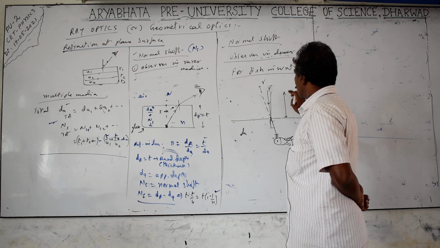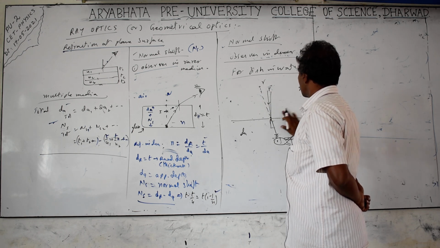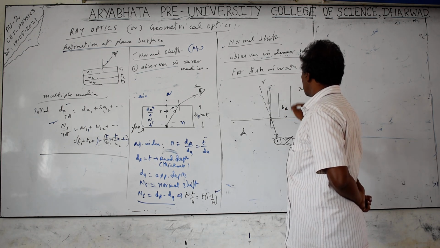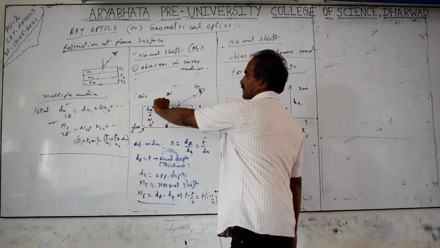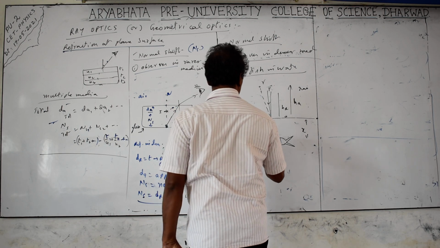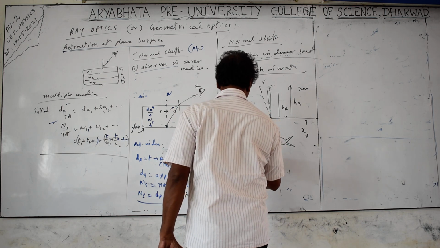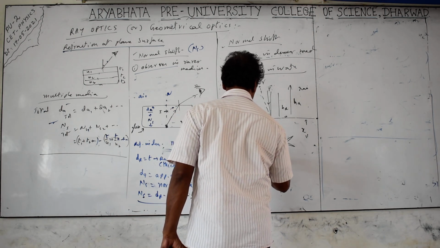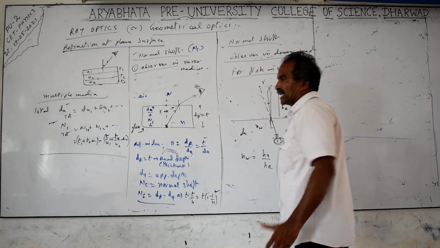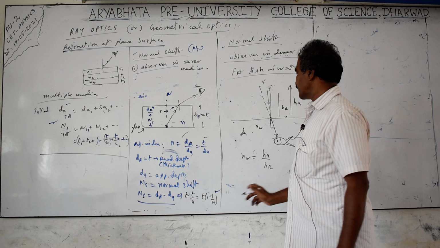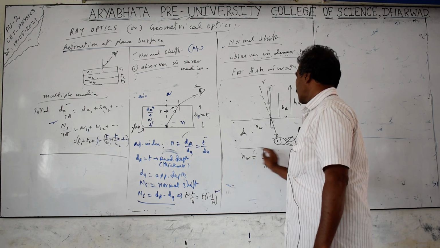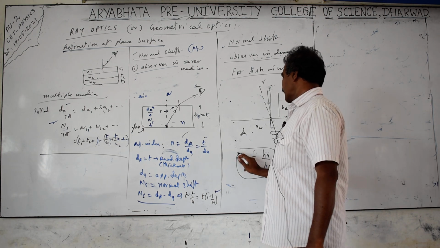This height is called the apparent height. This is the real height and this is going to be the apparent height. Previously, apparent depth is less than the real depth. For this case, n water is equal to apparent height by real height. We get the derivation, so I am not going to do that now. Real depth by apparent depth is the refractive index. Apparent height by real height is nothing but equal to the refractive index of the denser medium.